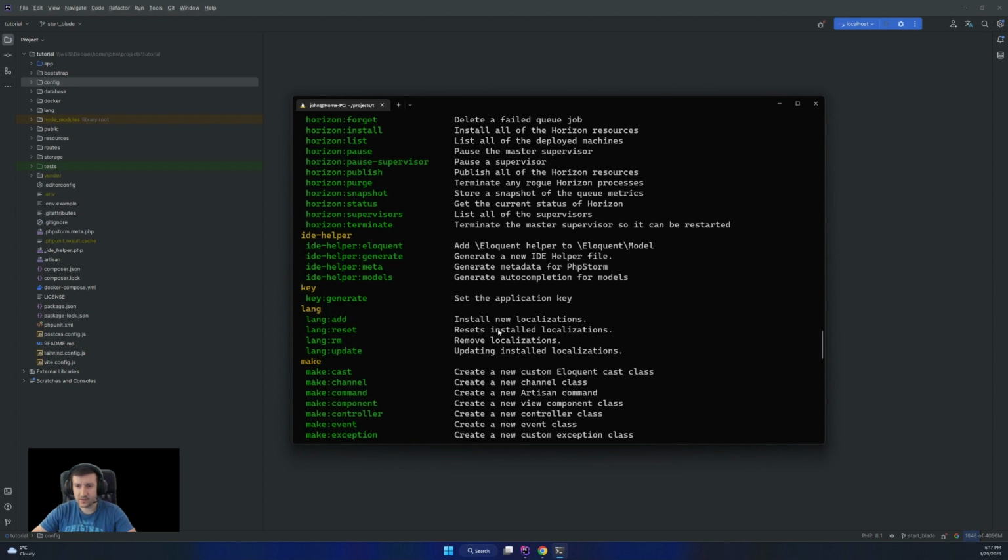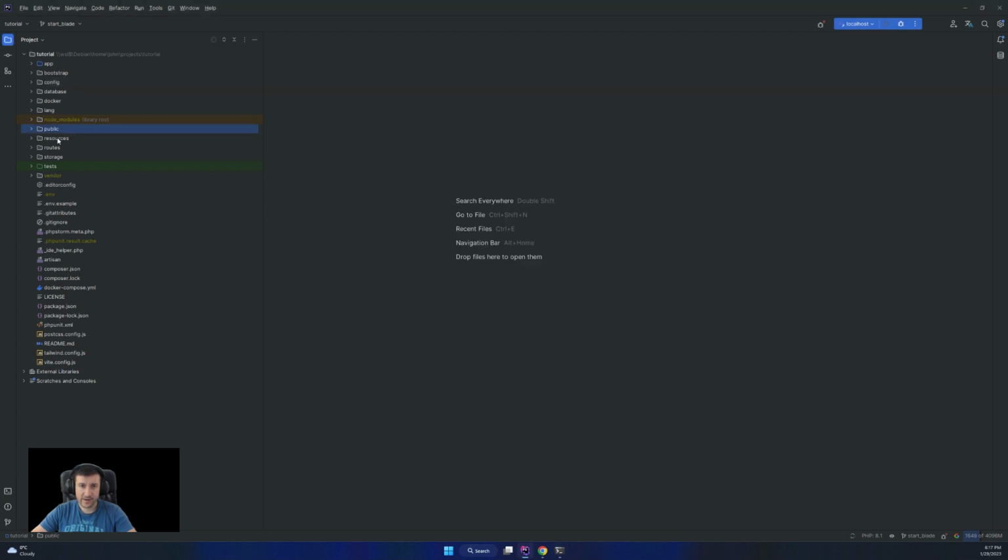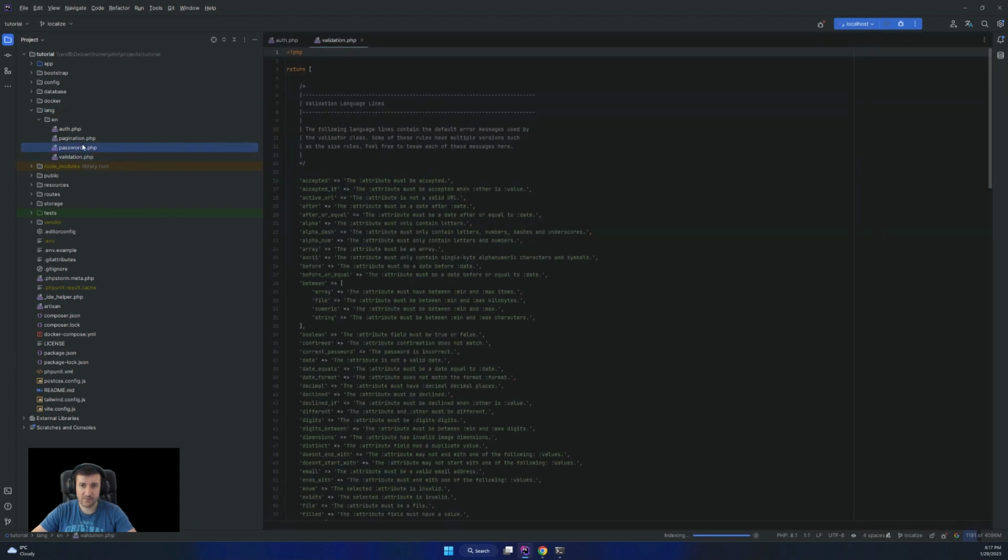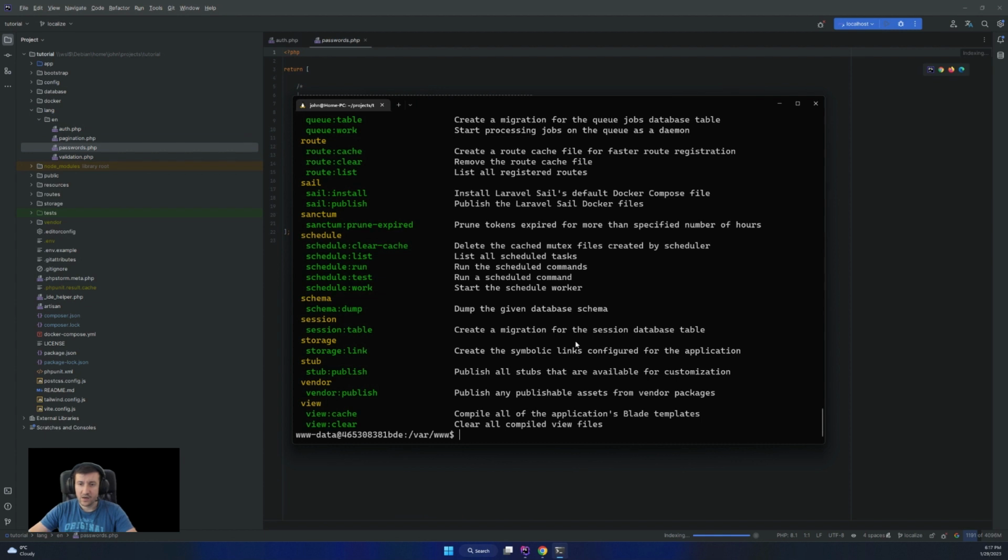We will see in here what it does. So if I go right now in the lang folder, I have a default with some things in here. If I want to have exposed everything that is related to the language with this package, I can do PHP artisan lang update.